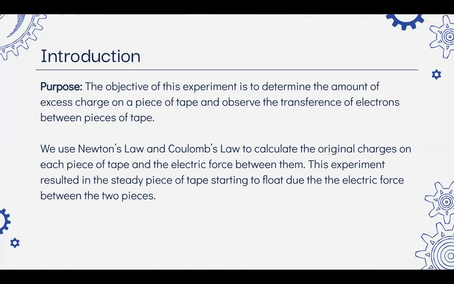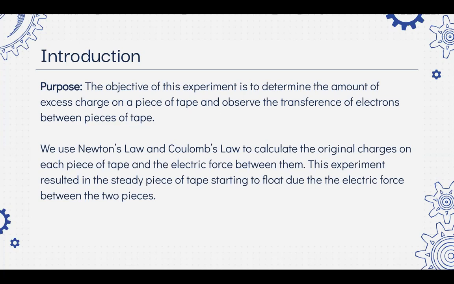The objective of this experiment is to determine the amount of excess charge on a piece of tape and observe the transference of electrons between two pieces of tape. We use Newton's law and Coulomb's law to calculate the original charges on each piece of tape and the electric force between them. This experiment resulted in the steady piece of tape starting to float due to the electric force